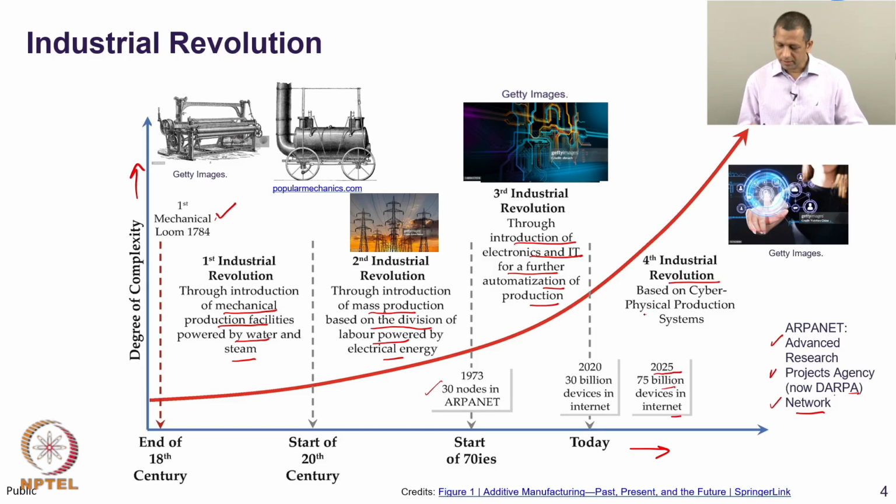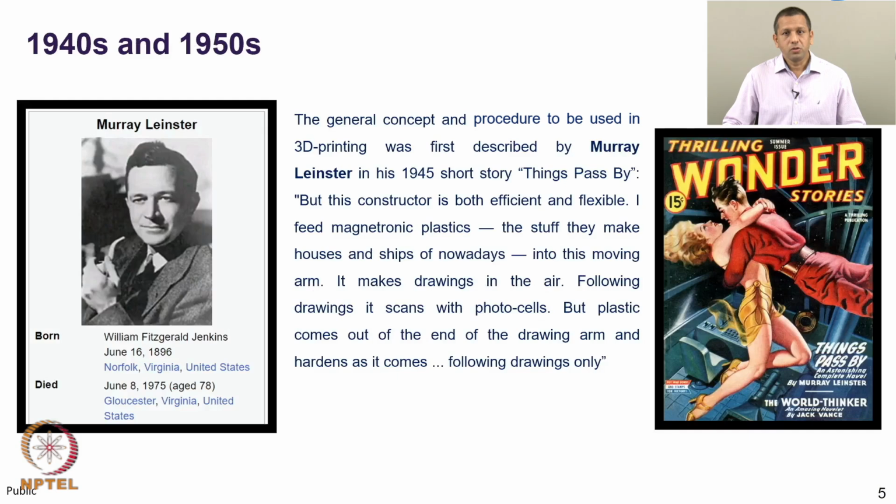We want our physical systems to be connected to the internet. We want them to be controlled. We want to use AI because we want better precision, as mentioned earlier. And thus, additive manufacturing is also expected to be controlled by AI. It is interesting to note that the general concept and procedure to be used in 3D printing